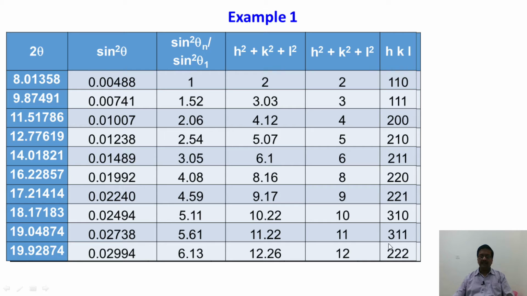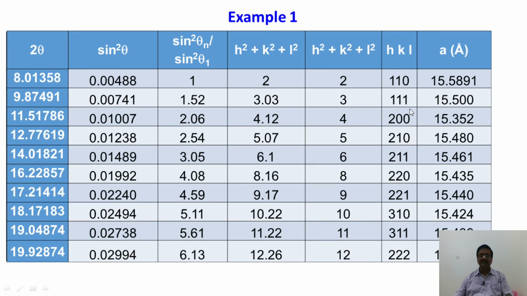So like that I can compute these numbers h, k and l for all the reflections. Now when we know h, k and l, we know the corresponding d values. You can calculate the a value, right? We get to know the d values from 2 theta values using n lambda equal to 2 d sin theta. So you calculate the d values and we use the formula, that is a equal to d_hkl into square root of h square plus k square plus l square.